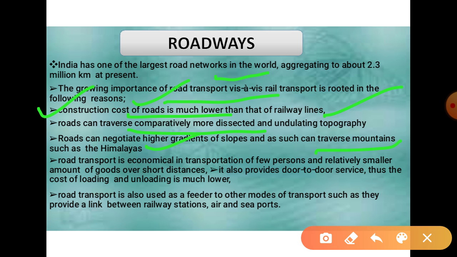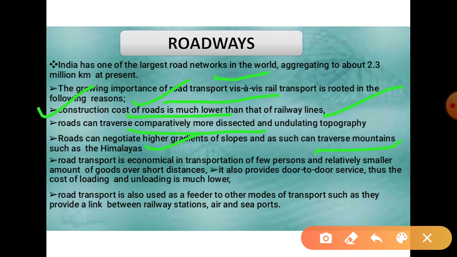As you know, in the present time, the dispute between China and India at the Galwan Valley is also over a road, because India built a road at the Galwan Valley so the army or the defense forces can approach easily. So it means we can construct roads in mountainous areas easily in comparison to the railway line.